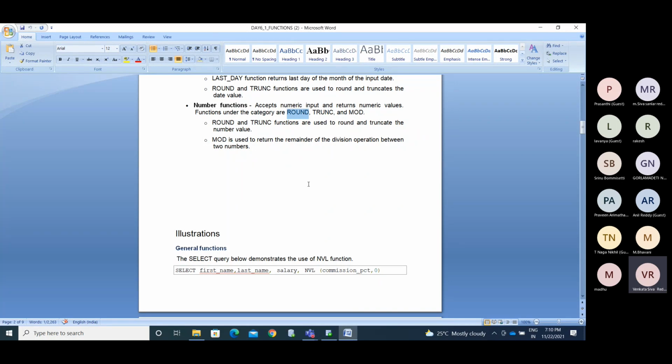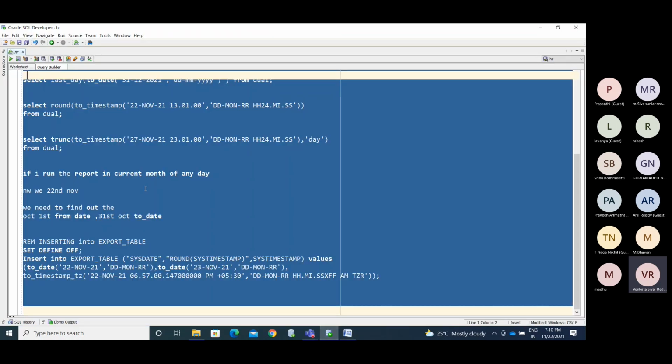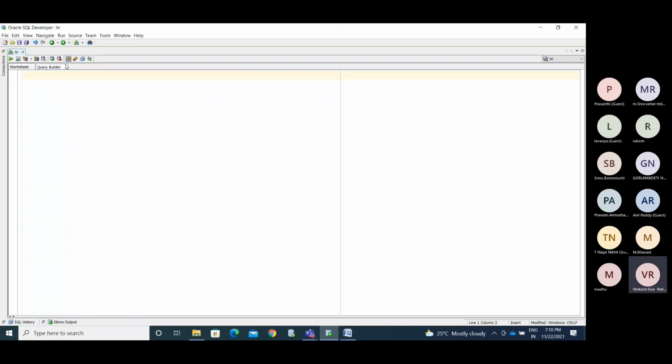So I already said, if you have less than 0.5, it will display 0. Greater than that, it will round up. To round out the values, we'll use the round function. Trunk. Like how the date function works, how the hours become 0, that is the same as trunk. Mod function. If you want to perform the arithmetic calculations, we'll use the